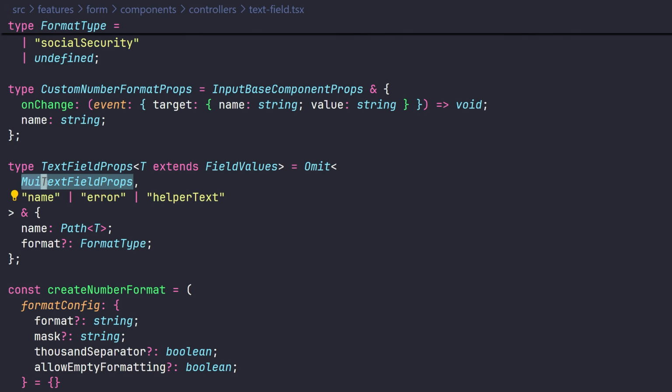Getting all of the original MUI text field props, instead of the name, error, and helper text, which we are going to do in another way, the name for our field, and also the formatter to create a very good user experience for each field. For example, the user knows what the format of the phone number is or how the price should be filled with good separation. It's a nice touch, but it's not necessary for this tutorial. But the main thing here is passing generics like this, extending the original types of the original component, and also